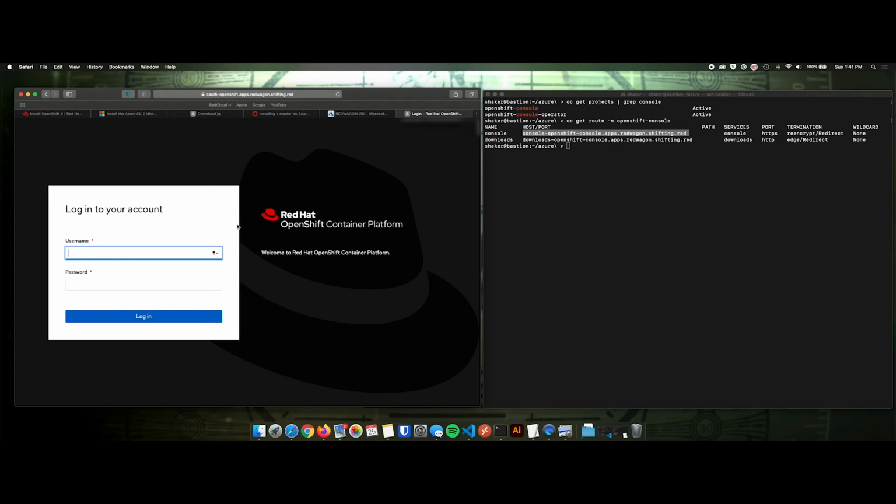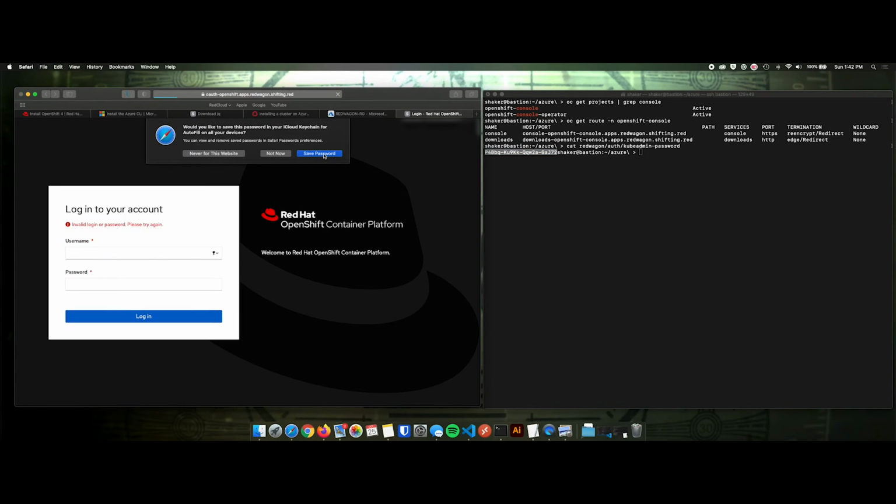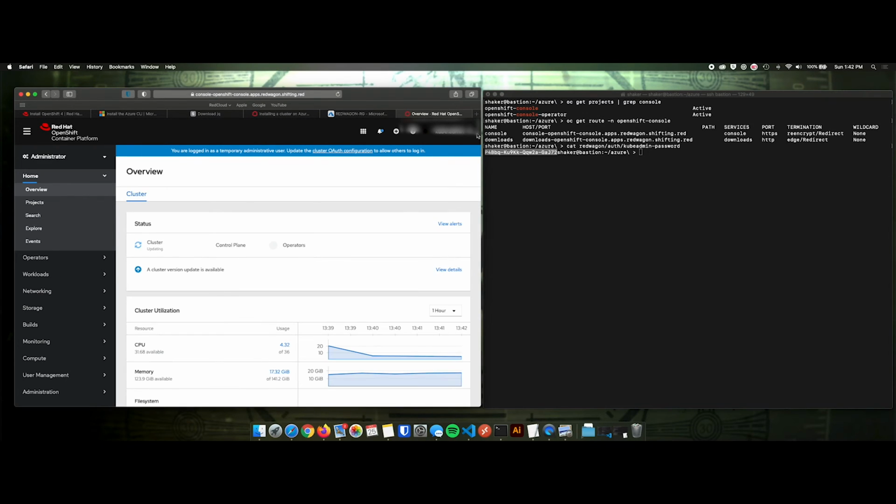All right, and then kubeadmin. And if you remember that auth directory here, so it's cat, redwagon, auth, kubeadmin-password. Here's our temporary password. Copy, paste, login. Not save password, that didn't work for some reason. Kubeadmin, did I not type that right? That looks right. Paste, not now. Great. All right. So it's still bringing up all the cluster resources, but we can go ahead and make some